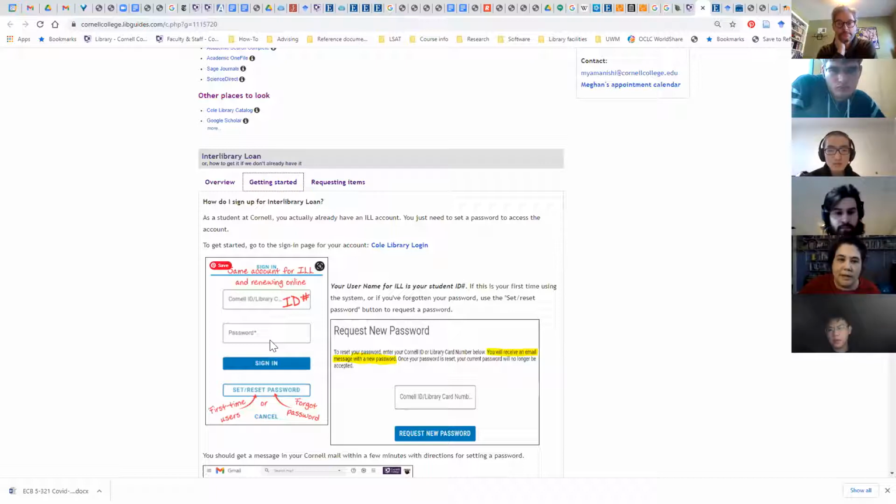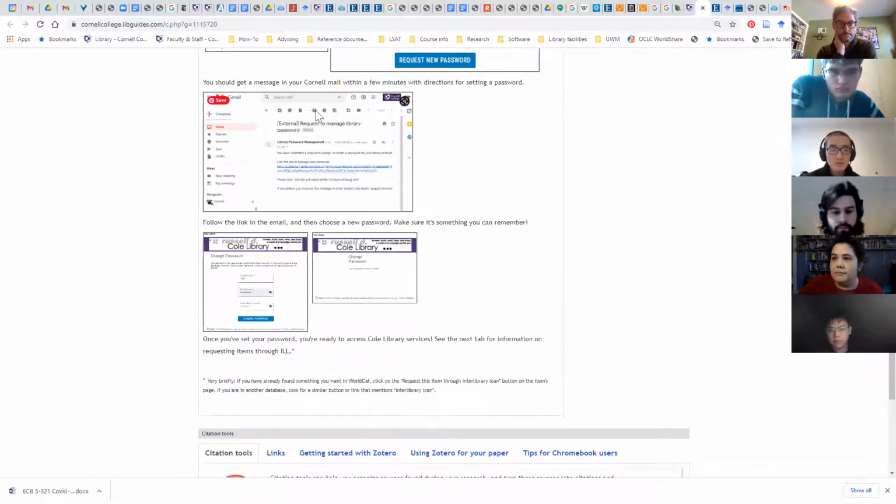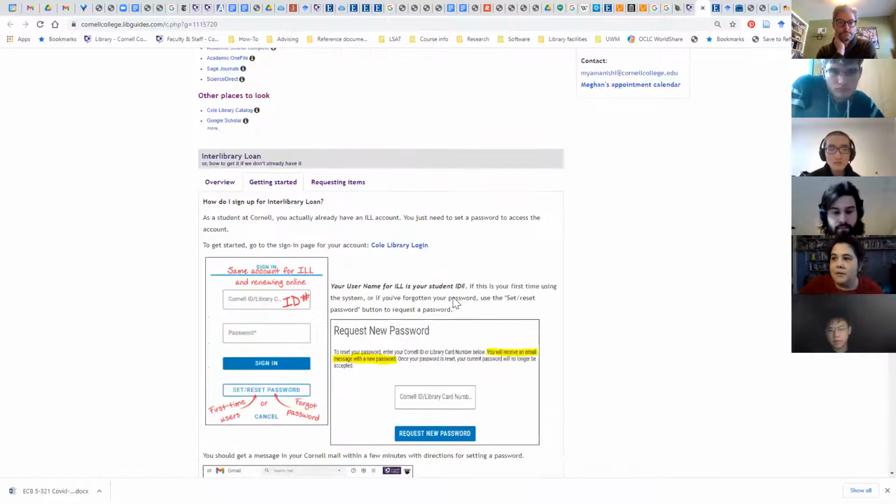If you haven't already done this, you'll need to assign a password. It's really easy. These are the directions. Once you've set up the password, it works for everything: the database articles, interlibrary loan, and if you check out a book and need to renew it, you can do that with the same password.